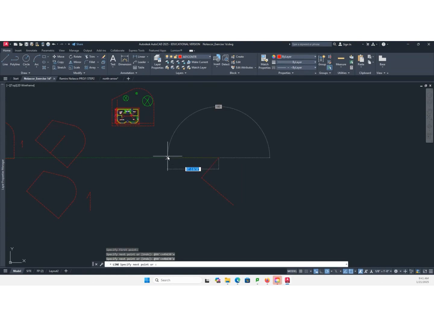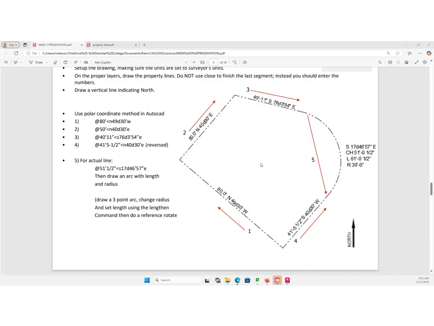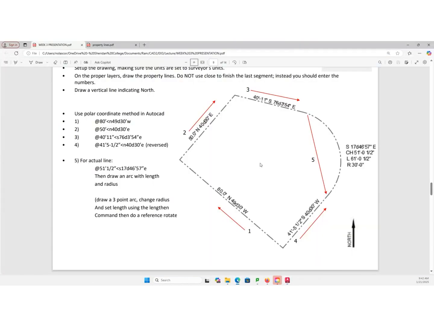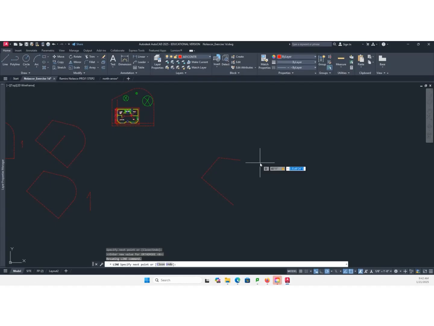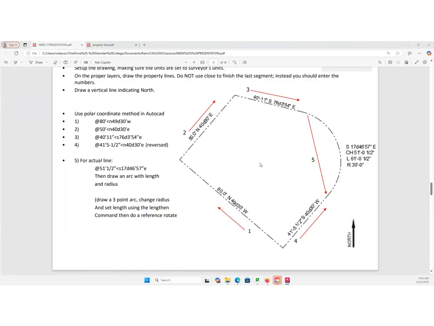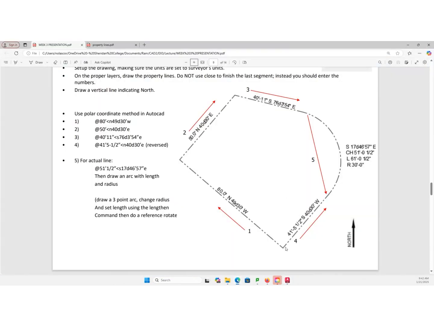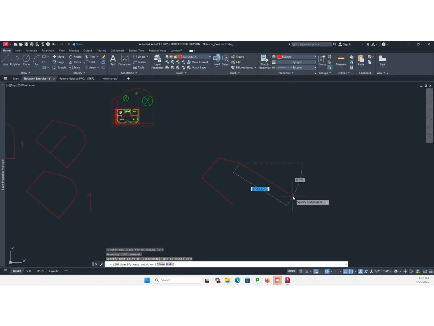Enter. Then at 40 feet, 11 inches, less than symbol, south 76D, 3 feet, 54 inches, E. Enter. From there, you stop the line command.